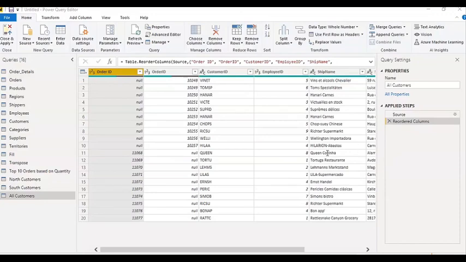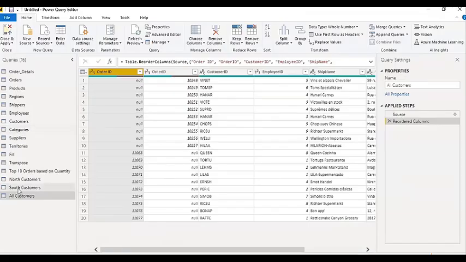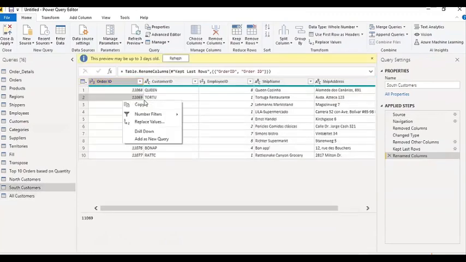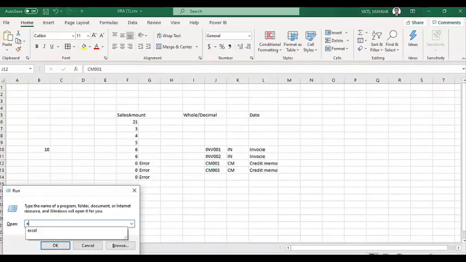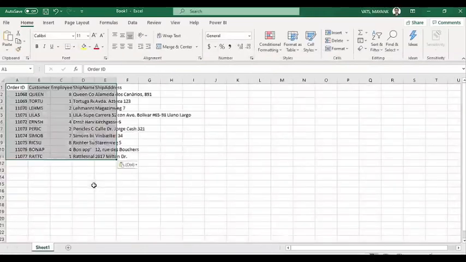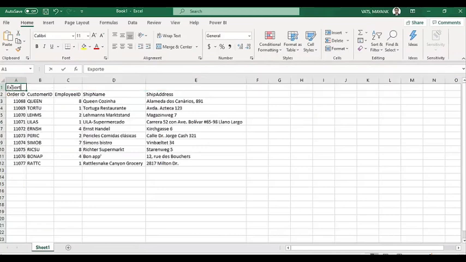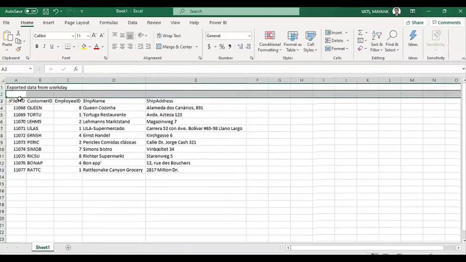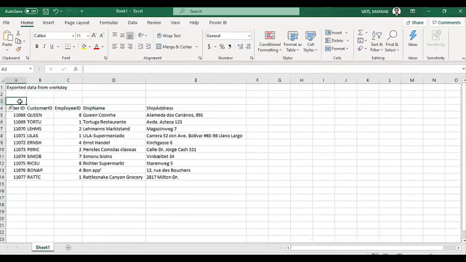Next question I can see: if Excel has the main header in the second row and the table starts from the fifth row, then how do we get data from the first row? All right, let's do this quickly. To create this scenario first, I'm going to copy the complete data of this table, copy the entire table, and put it in Excel. Now let's say before this, there is one row that is exported data from Workday. Then the second row is blank, and after that there is another row that has, let's say,